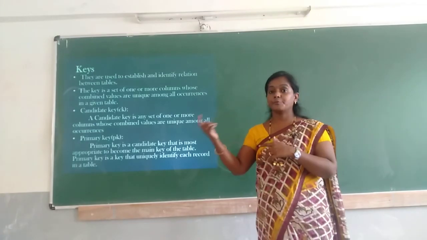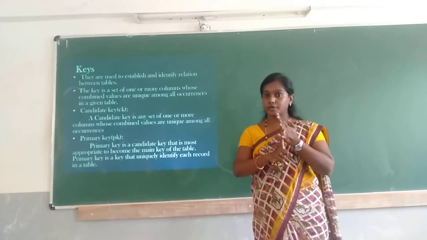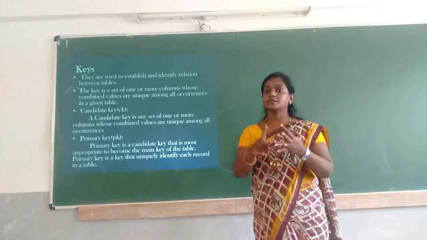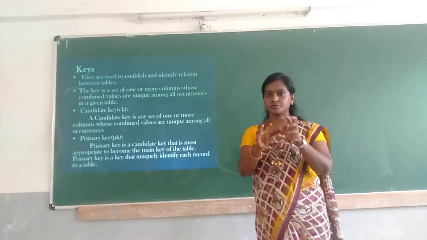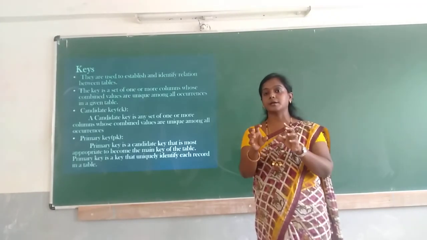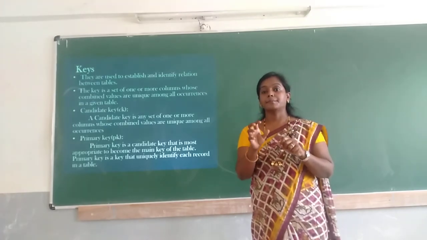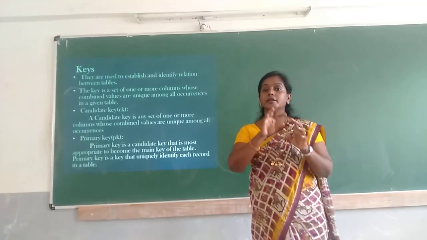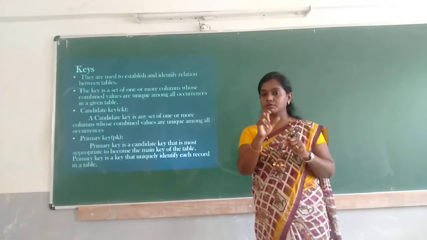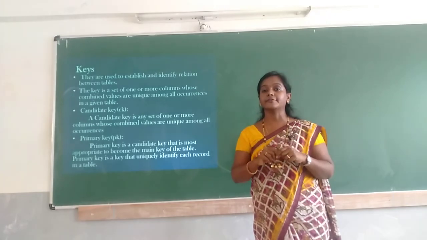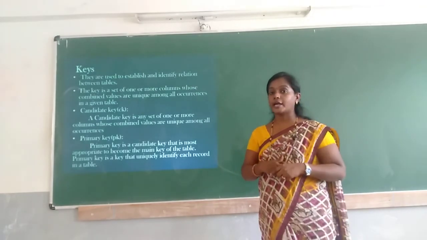For example, previously we saw a student table with student ID, subject ID and a professor. There, the student ID and subject ID combined we are taking as a primary key. For that we are using two attributes to uniquely identify the table. So we have different types of keys.